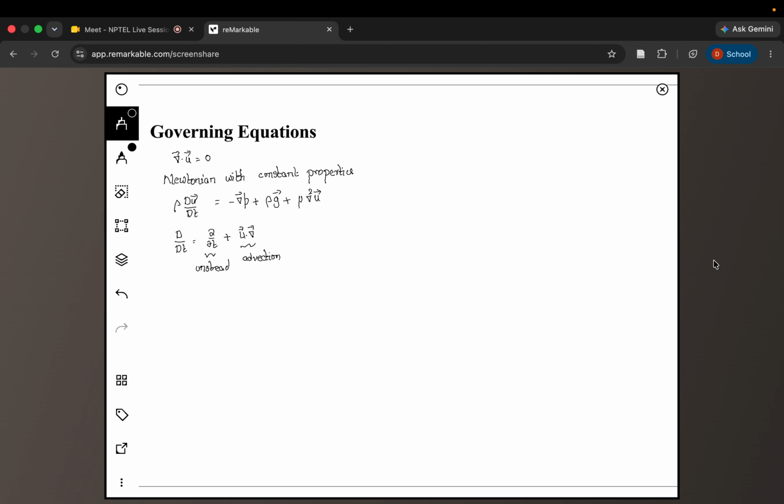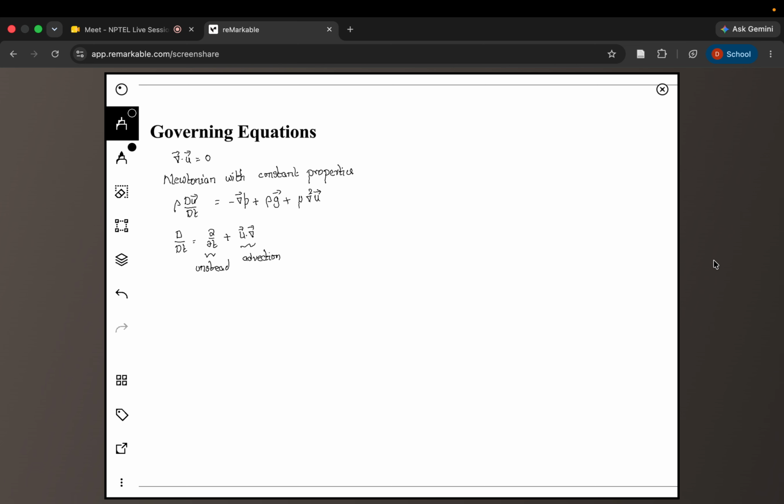Hope you're already familiar with how these equations came and what their assumptions are. That is a prerequisite for this particular course of fluid mechanics. So what we will be doing in this course is, since we already know that we cannot solve this equation directly, there are different ways we can use computational fluid dynamics, which we will discuss in week 10 of this course. And there are some other simple problems where some of the terms can be eliminated using different techniques. The one that we'll be discussing next week is something called a scaling analysis, where